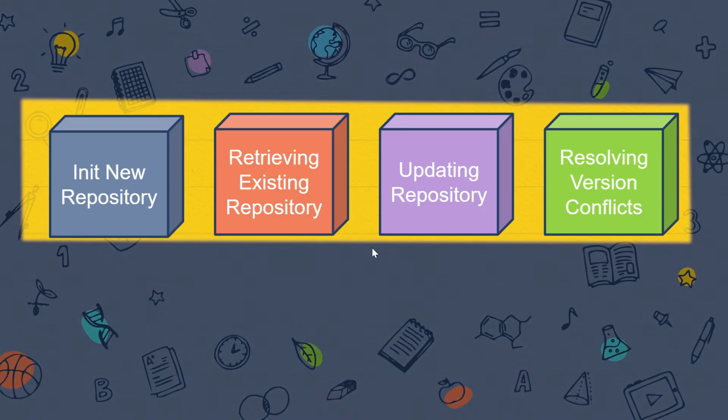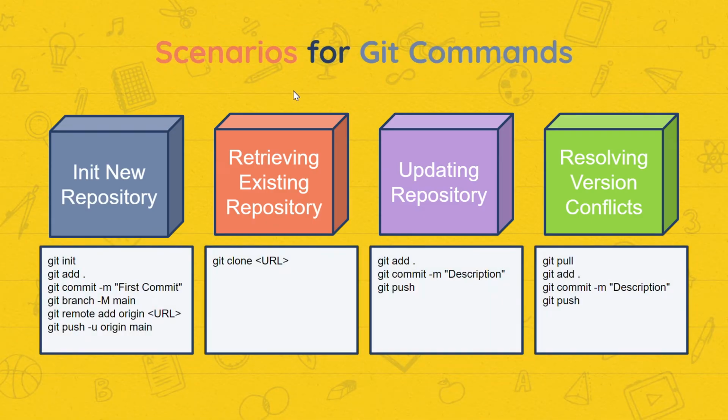Okay, so let's continue. First of all, you need to know the various scenarios for Git commands. For example, the first scenario is when you have a new repository, you need to initialize it on your computer because that repository was empty. By setting it up, let's say you have a set of code that you're ready to send to that empty repository, you will first need to do a git init, followed by add the